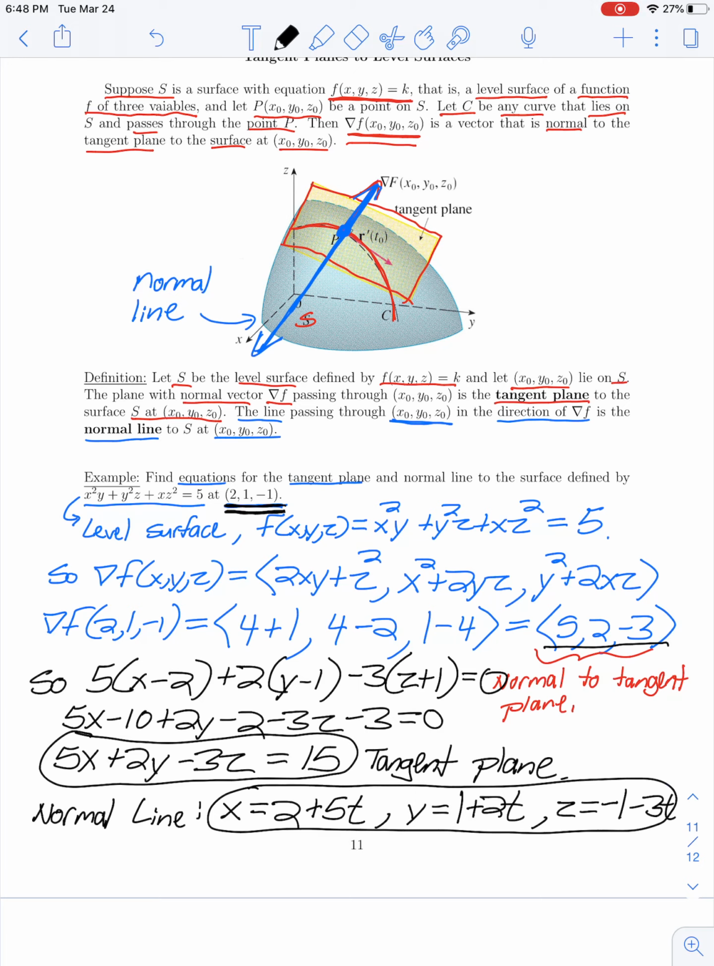So these would be parametric equations for the normal line to the